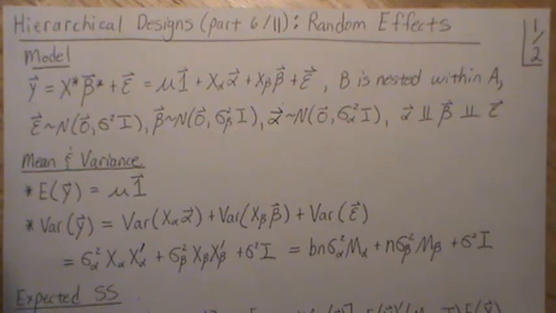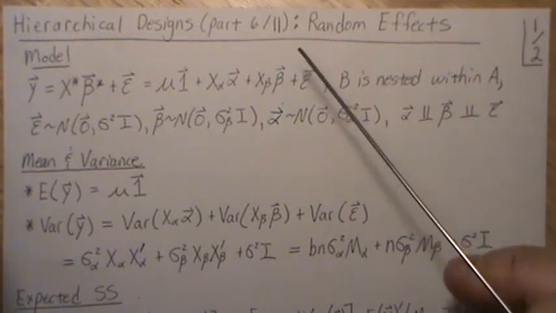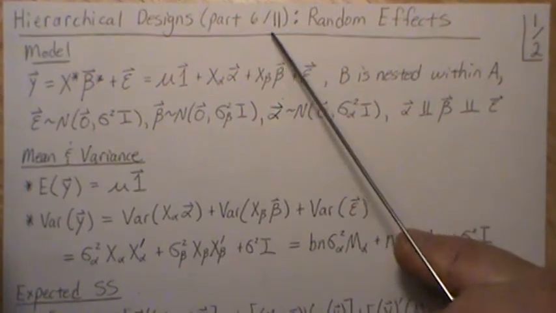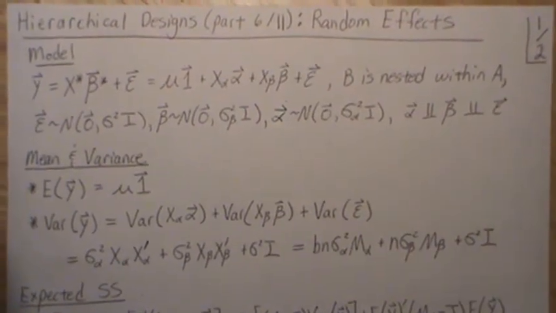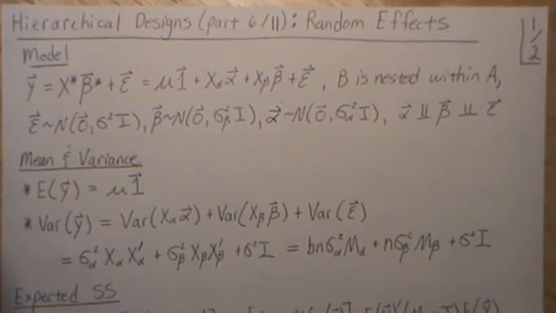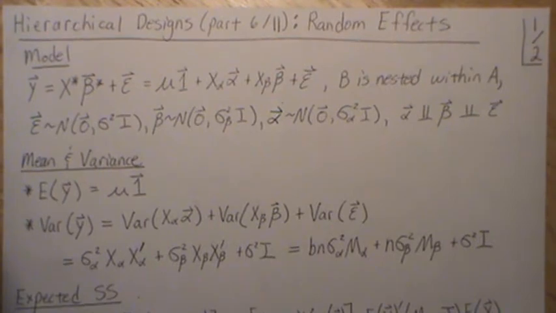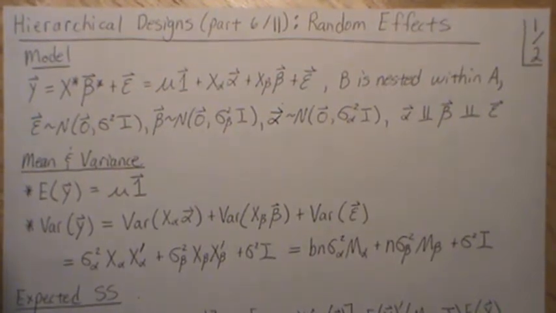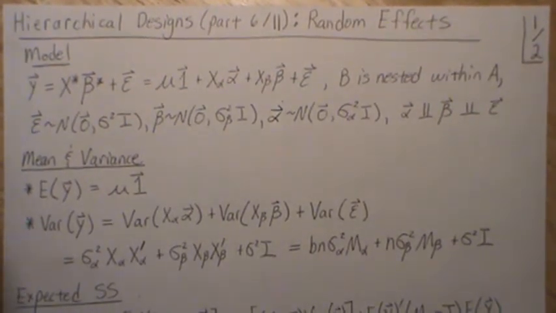Hello, this is the next video in a playlist that I'm calling General Linear Models, Design of Experiments. And this is part 6 of an 11-part little mini-series within that playlist. This little mini-series deals with hierarchical designs. And here we're going to look at a random effects model and the distributions associated with the sums of squares